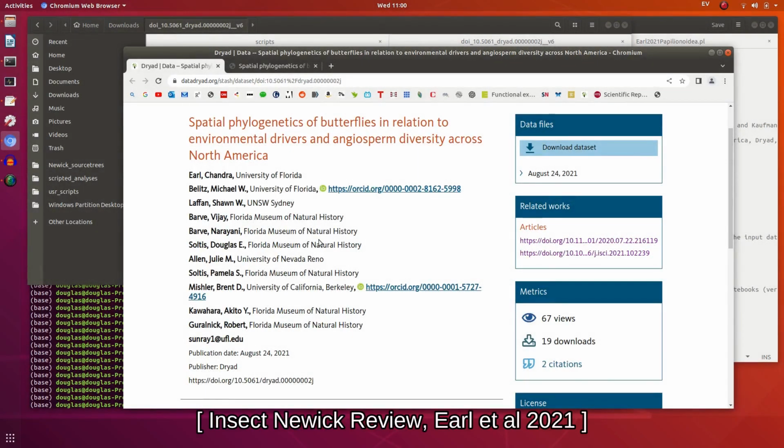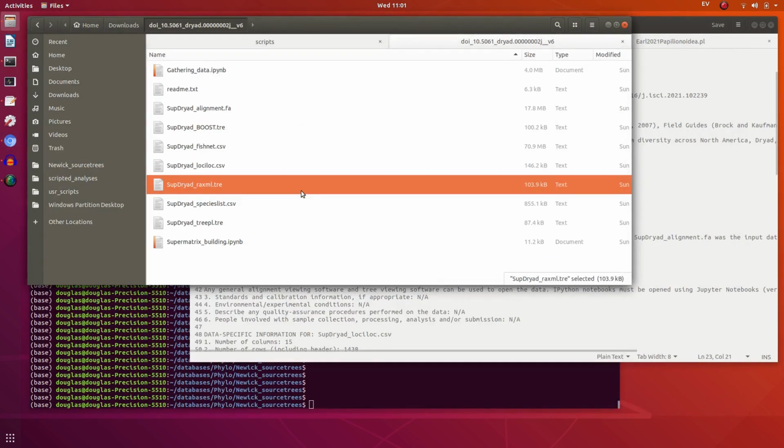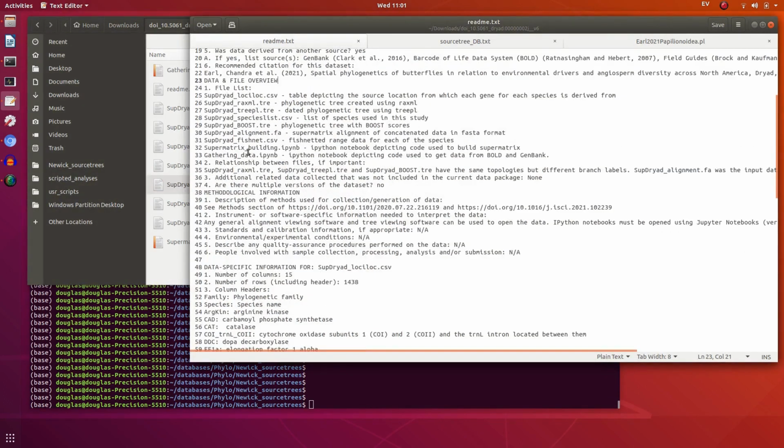Insect Newick review of Earl et al. 2021, Phylogeny of butterflies. The data is on Dryad. Download it, and you get this. So I have a README file, take a quick look, and we have